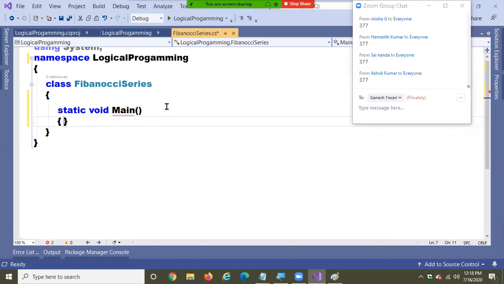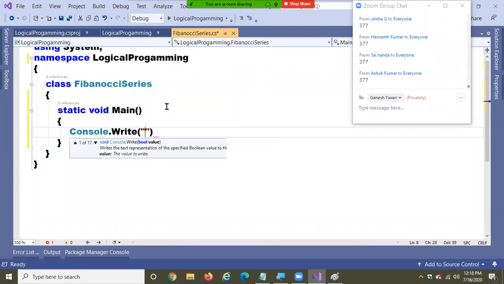First, let us take a boundary from the user. Console.Write, enter the number of elements for Fibonacci series.